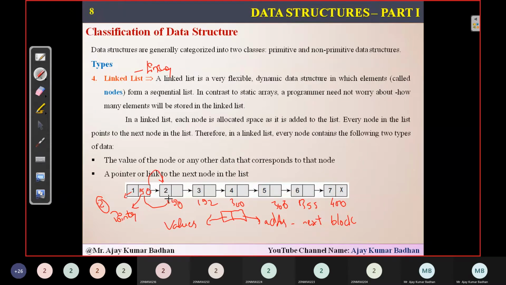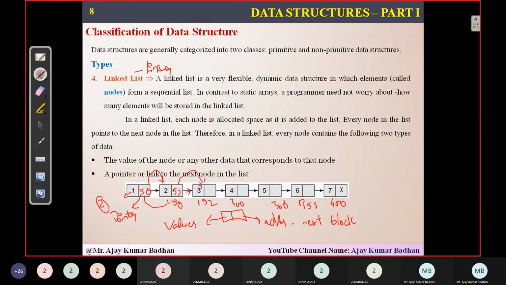And then whenever a new element comes up, in the same way, the system will be generating this address, and that address will be stored in this particular location. And now again, there is a linked list. There is a link that has been formed. A chain has been formed here. Now we can store the value 3 here. And after that, in the same way, 300.